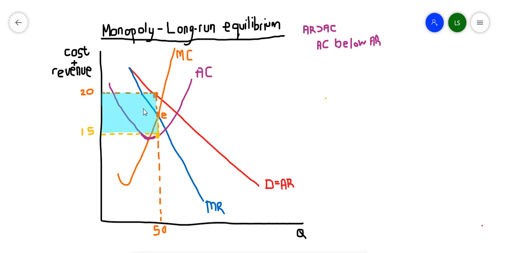Okay, so once your shading is done, obviously now you have indicated your economic profit and your graph is finished. All right. Obviously, normally when you draw a graph, you're always going to explain your graph depending on how the question is phrased. Okay. But what you need to learn from today's lesson is obviously that the monopoly in the long run is going to make an economic profit. So if you are asked to indicate the long run equilibrium of monopoly, to draw a graph depicting the long run equilibrium, you're going to draw the monopoly making an economic profit.